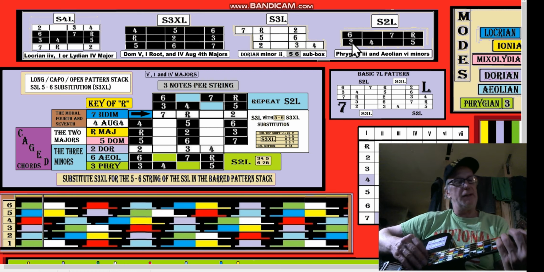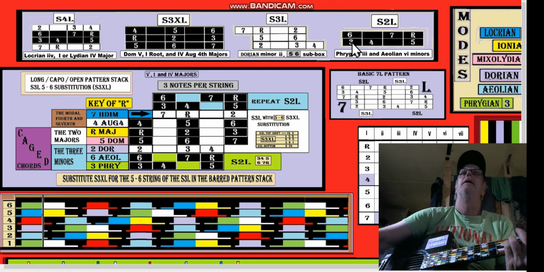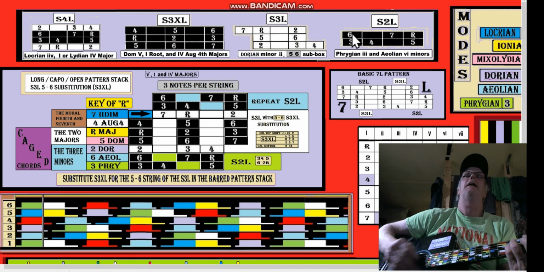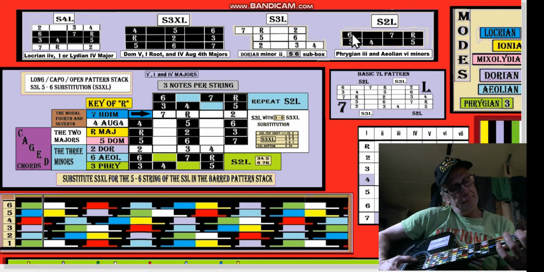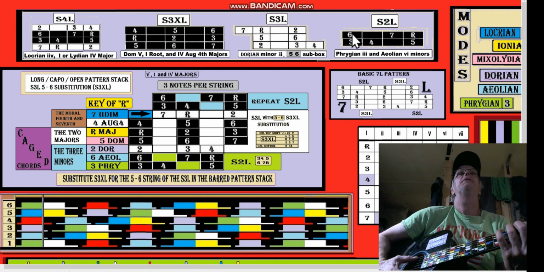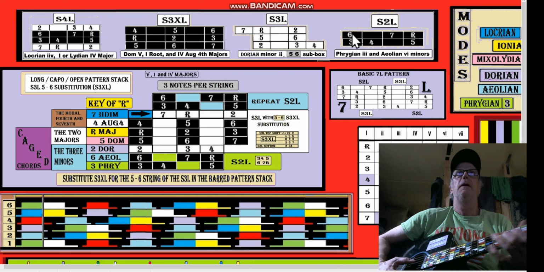So we've got essentially E minor, and then from the 6th we've got A minor. All right. Let's see what we got here. That's your Phrygian third, and then